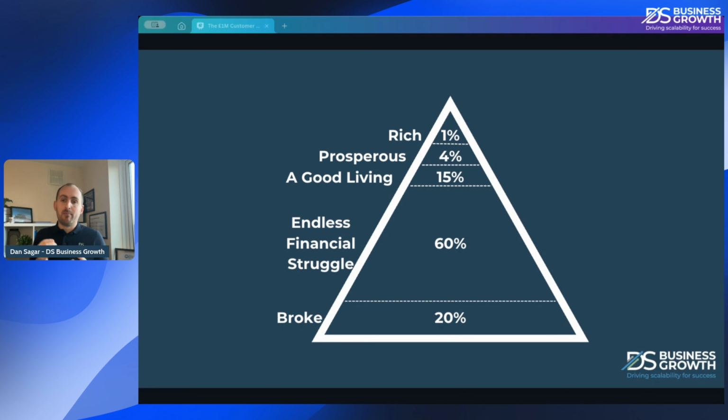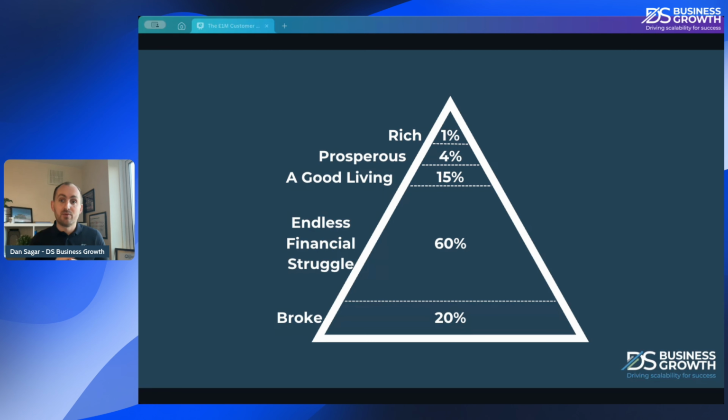Okay. And these guys are barely surviving. Cash flow, super tight. Systems probably a bit chaotic. Everything's a bit all over the place. And the business owner will be totally overwhelmed, totally exhausted day to day, and at some points, or a lot of the time, thinking, why on earth am I bothering? Okay, and that is roughly speaking. So if we look at businesses in Hampshire, for example, where I'm based, it's probably the case. And again, if we look at that, 80% of businesses, they're not having a good time, really.